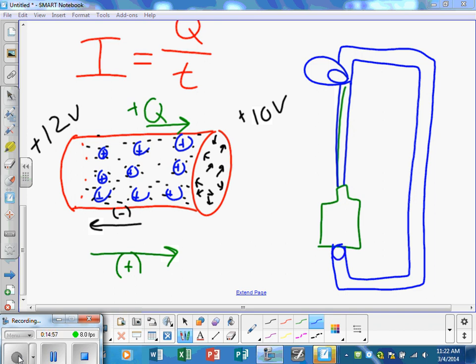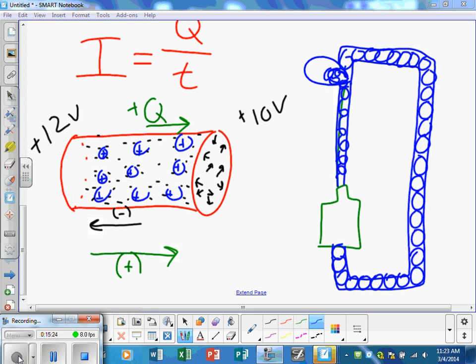But if I have a charge here, everything is made out of charge, is what Sage said. And you guys agree with that, right? And if we have a conducting metal, every part of that conducting metal has loose valence electrons that can be shared. And they're basically as close to each other as they're going to get. I'm going to draw these circles because they're inside the filament of the light bulb too, right? So when I turn this on,